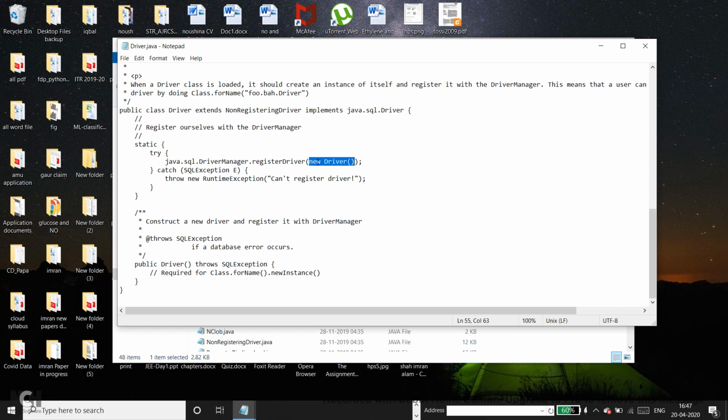So if the object of this particular class is registered with a name in the driver manager class, and whenever driver manager is going to use that name with that reference variable, here the name basically means a reference variable, so it's basically communicating to the driver class of the MySQL database. So whatever we do from now onwards will be basically meant to communicate with the MySQL database.